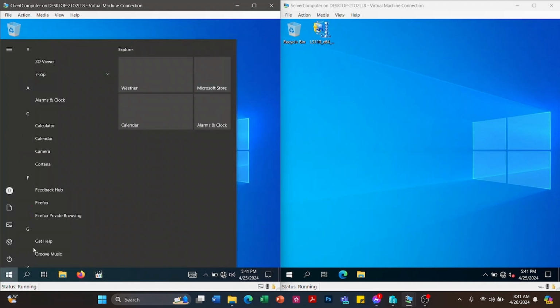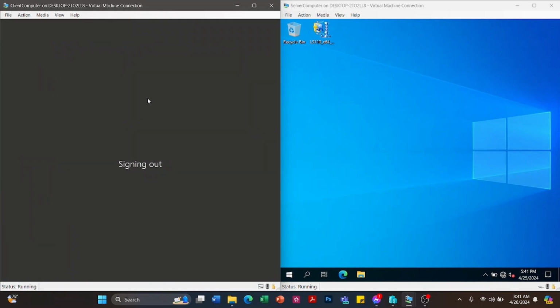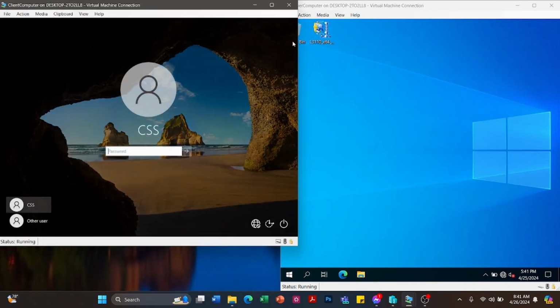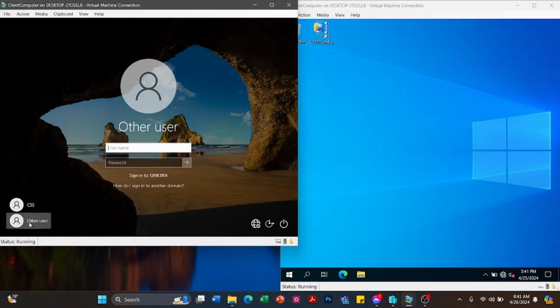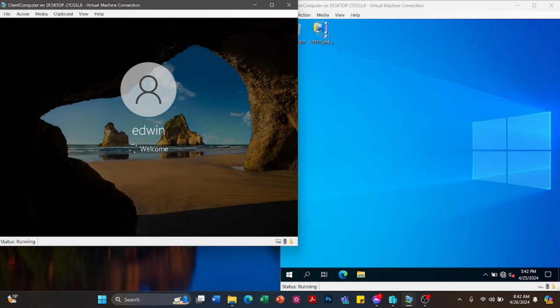So next, we're going to log in the client user Edwin we have created in the server manager of the server computer. So select other user, then enter the user Edwin and also the password. Okay, so Edwin, welcome.